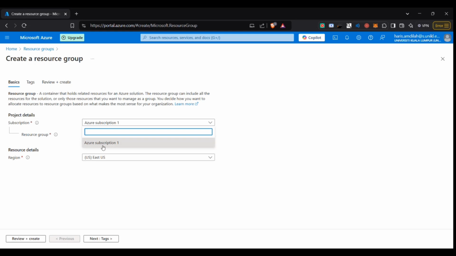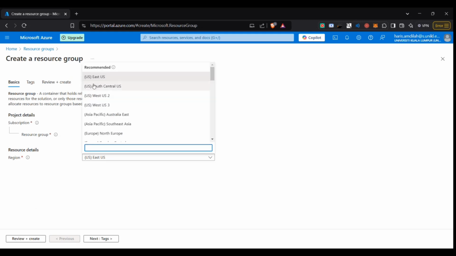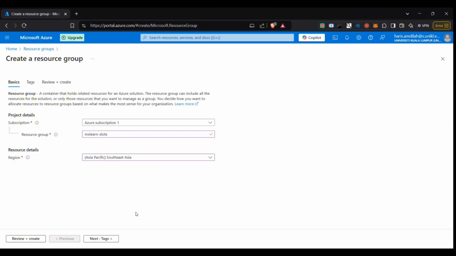and then for the project details, we need to choose Azure subscription 1, and for the resource group, just enter MS Learn slots. And for the region, just choose Asia Pacific. For the next step,